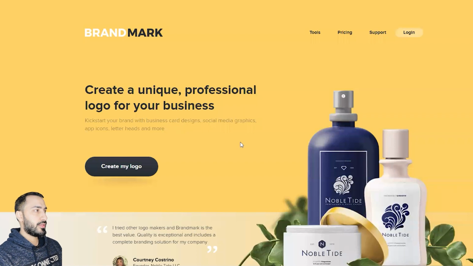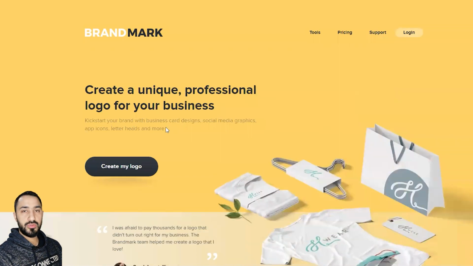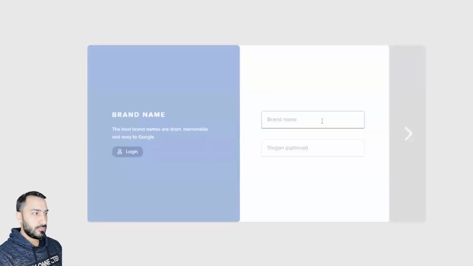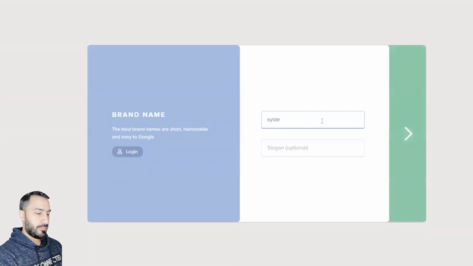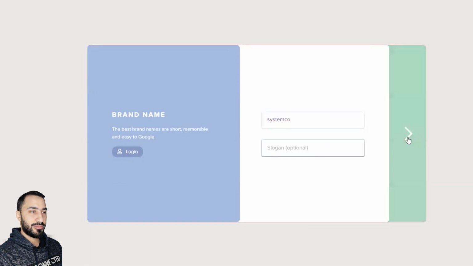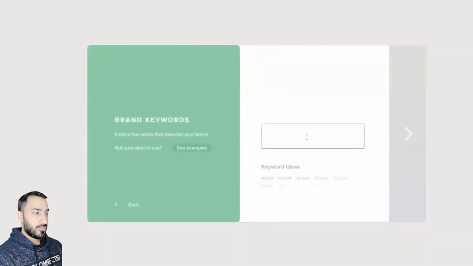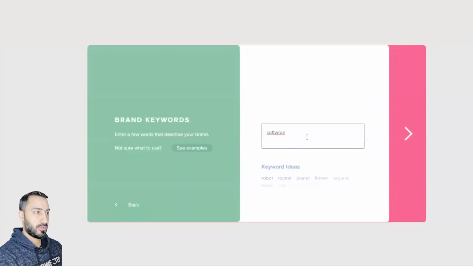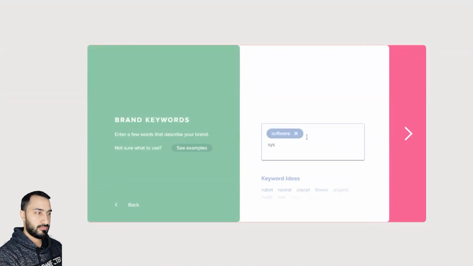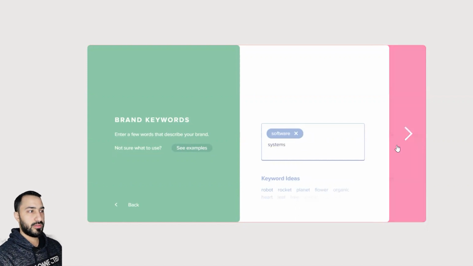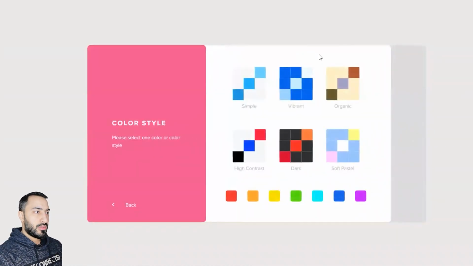Here we have Brandmark. This website helps you to create a logo using AI. So let's try it for ourselves. Create a logo, brand name. Let's say Systemco, something like that. Slogan optional, we don't want one. Keyword, so we do software. Let's say systems. Let's see what we get. Okay, what is the color palette you want? Let's say vibrant. Next,